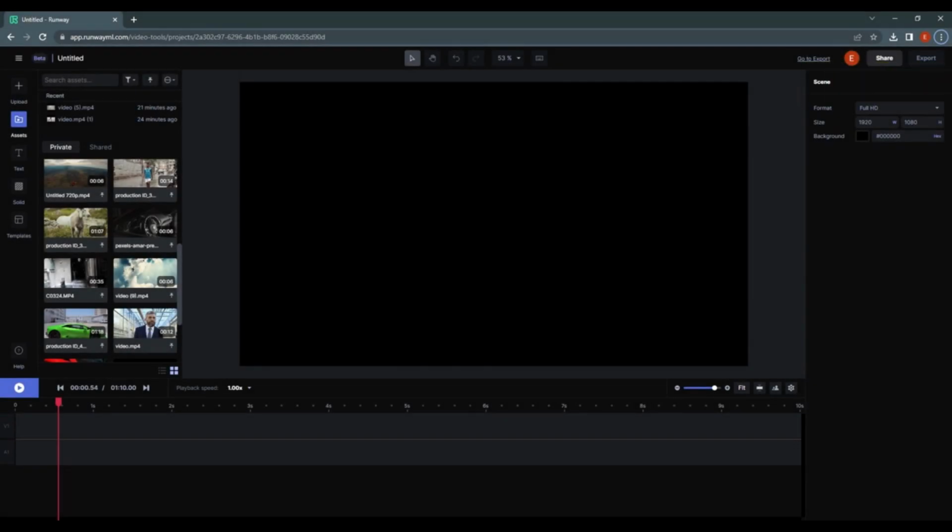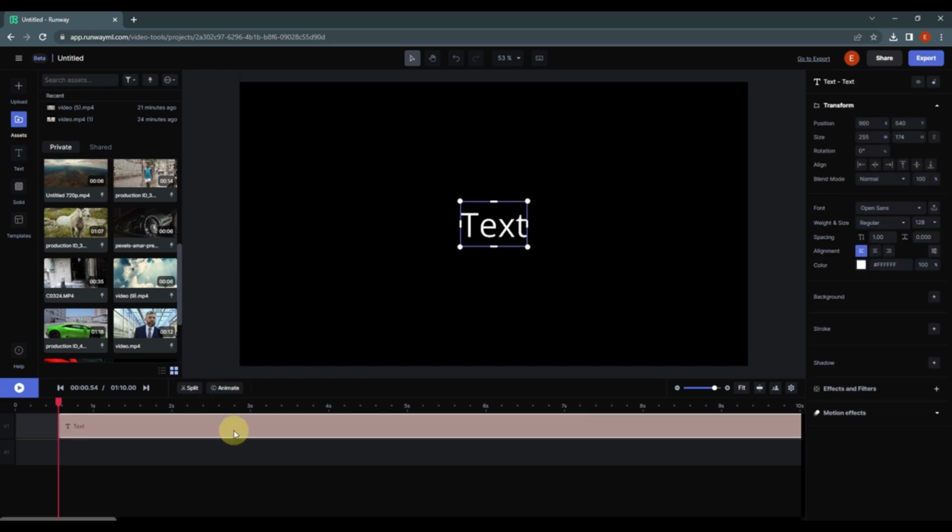Now I'm going to show you how you can add text and how you can animate text. So if you click here, if you select the text, it will add automatically a text layer. Now let's click on this fit, so it will fit this text to the entire timeline. Now I'm going to double click on this text and I'm going to change this to